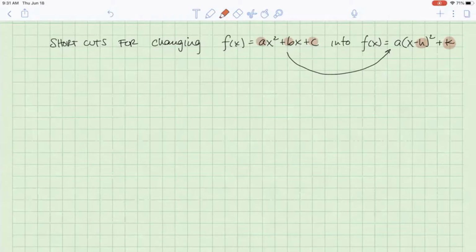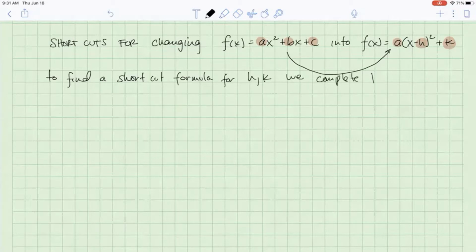Now, while I just say h and k over here, I really mean a, h, and k, but a is easy to figure out. A just doesn't change. So what's the real relationship between h and k and this a, b, and c? So to find a shortcut formula for h and k,